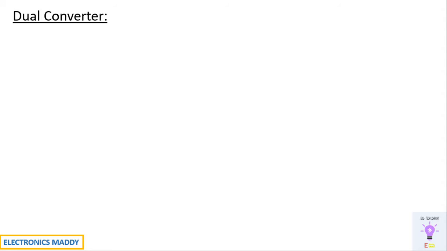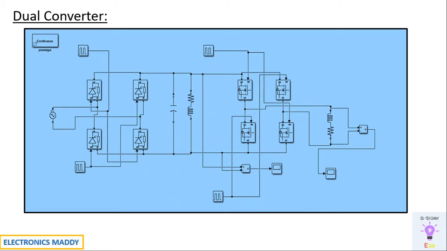Alright, let's get into our topic for today. This is the MATLAB model of a dual converter. At the first place, let us try to understand what dual converter circuit is all about. So we're giving an AC supply, we are using a control rectifier and we are obtaining a DC output voltage over here. This DC voltage that is obtained is given as an input to an inverter section. So the inverter basically inverts DC into AC and you'll be getting an AC voltage at the load terminals.